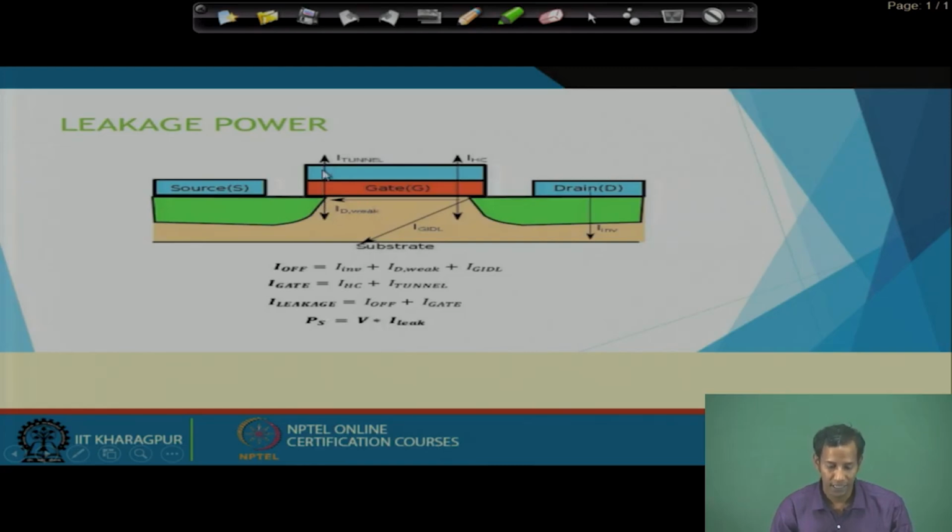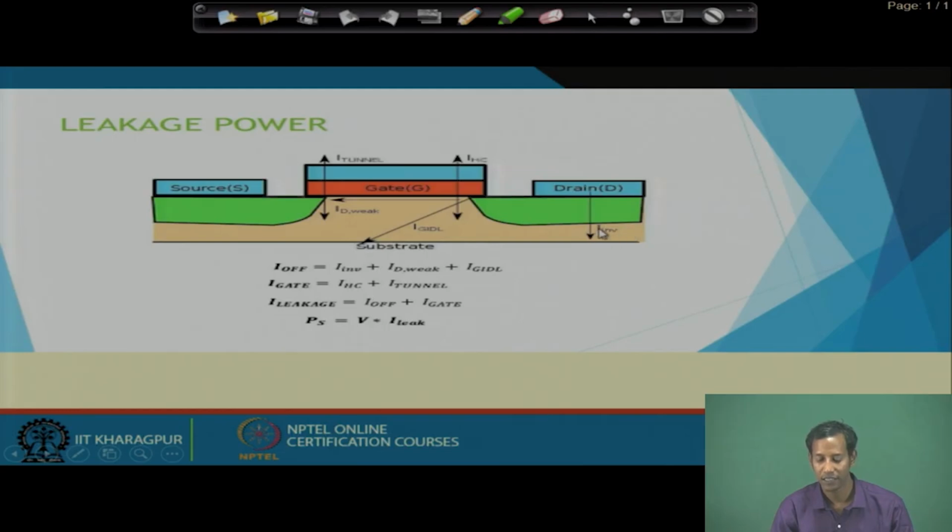Then at the gate, in this particular direction, the tunneling is happening. Because of that we will get this gate tunneling current, and then because of the body we will get one current consumption, which is nothing but the IGIDL, gate induced drain leakage current, and